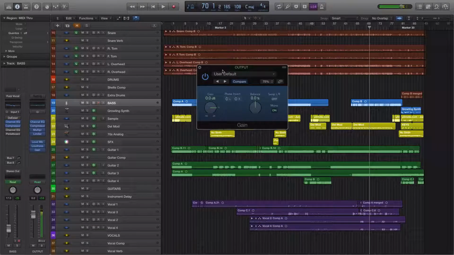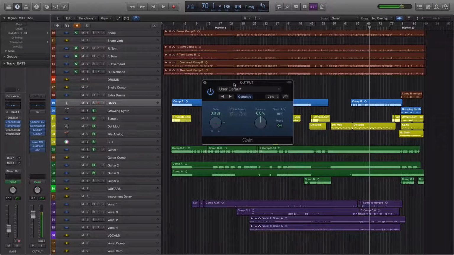And that puts everything right down the center so that I can more accurately compare the levels of different instruments to each other and to themselves. When you have things panned off to the side, and I like to do that, I like to especially have guitars and vocals panned off to the sides, when you do that, you're going to mess with your own perception of how loud things are compared to each other, because